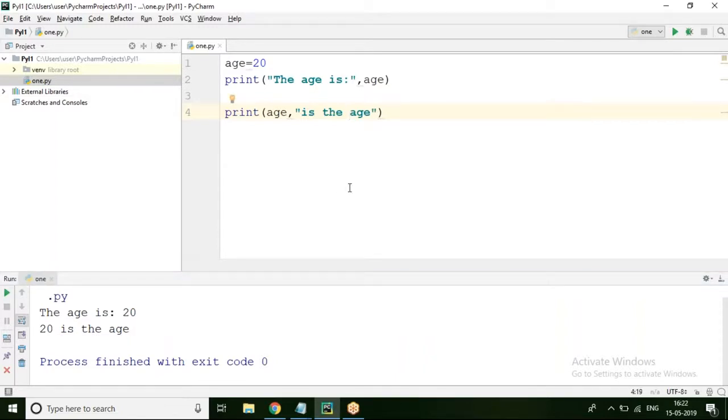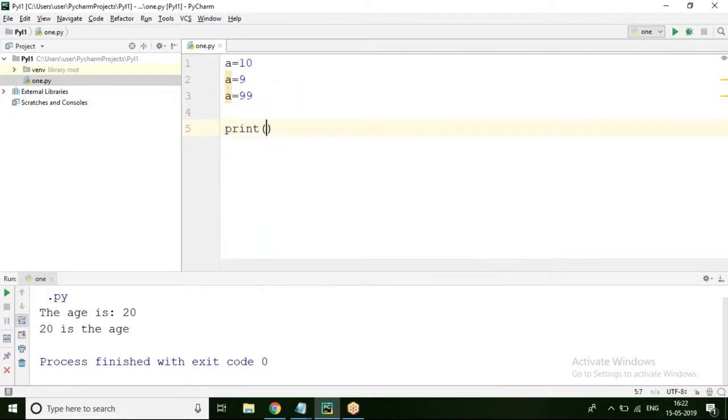Okay. Next, if I give a equal to 10, later on a equal to 9, later on a equal to 99, and if I give print a, what will happen? Whenever the first instruction is encountered, a free cell is taken, the name a is assigned, and 10 is stored into it. That is okay. Now, whenever a equal to 9 is encountered, 10 will be permanently lost from the memory, and in the memory cell a, 9 will be kept.